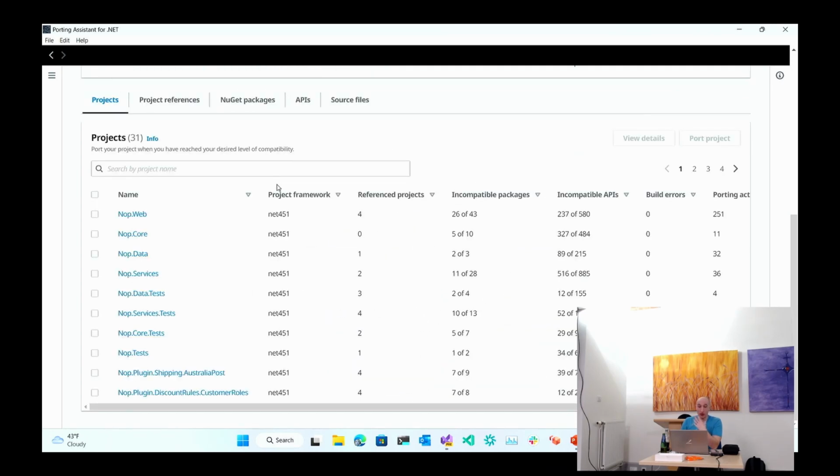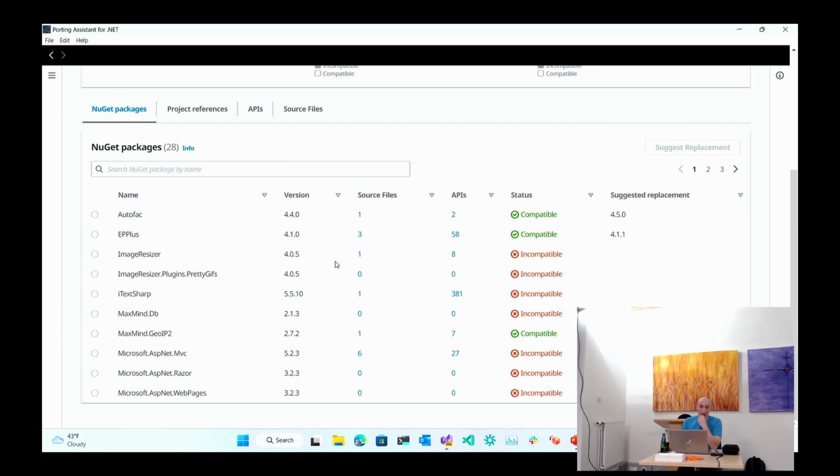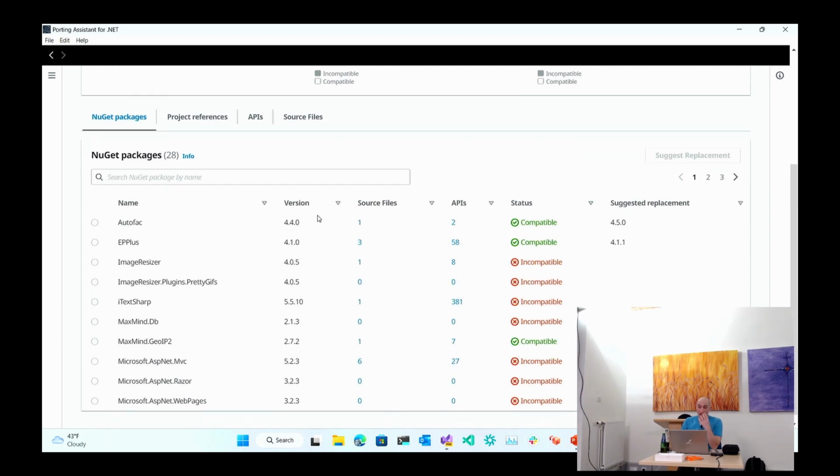But I can also take a look at individual projects. What are some of the things that are interesting? Let's open up this NLP service project. It lists out all the NuGet packages this project references and whether or not the newer versions of those packages are compatible with .NET 7. That by itself is very, very valuable too. For instance, iTech# is not compatible with .NET 7. That's a bummer. But MaxMind GeoIP2, the newest version of that, which is 2.8, is, which is really, really valuable.